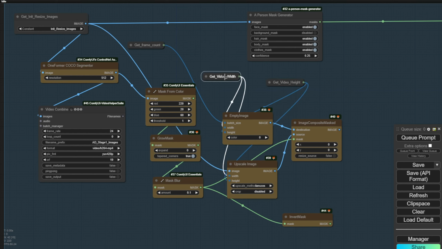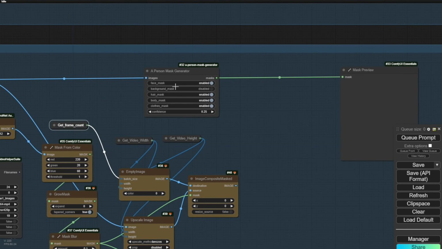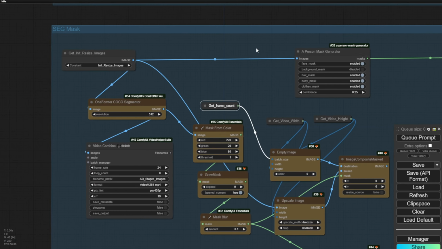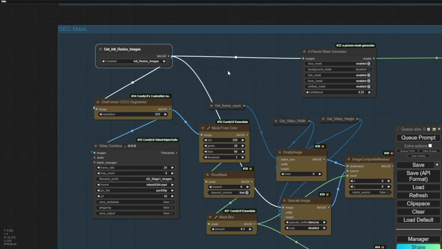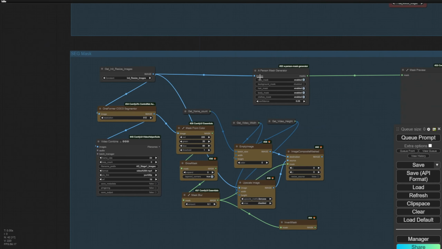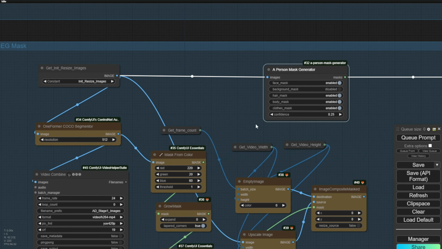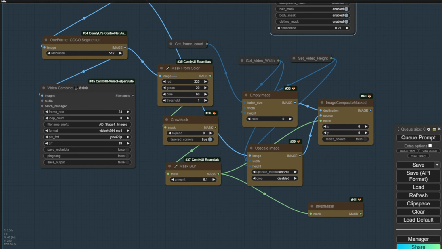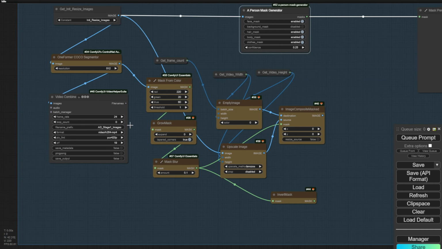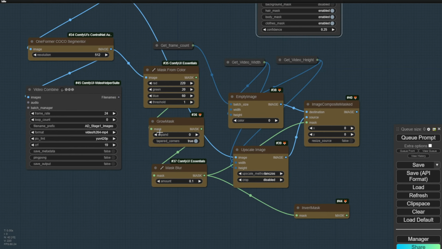And the other option is only using the person mask generator with just this one node here. So see which one can perform better for your scenario. If you like this style, a quick, lazy way to do it, you can do that as well. If you want to go deeper, dive into every segmentation setting and play around with all the parameters and settings, then the Coco segmenter is a good option in here. So let's move on from here.